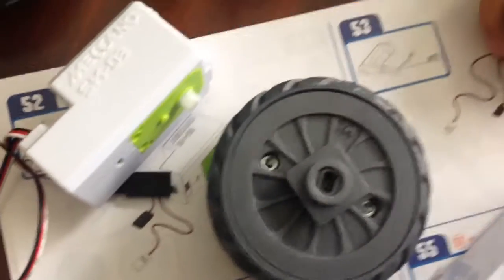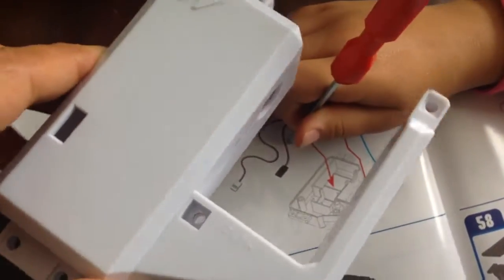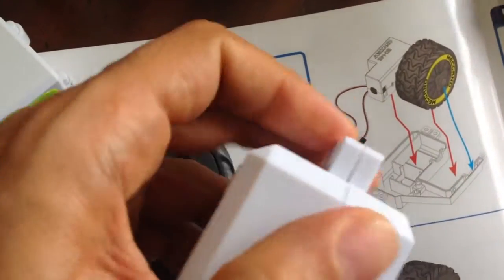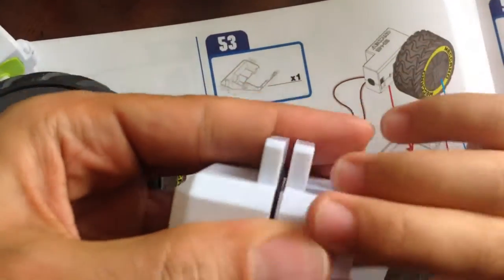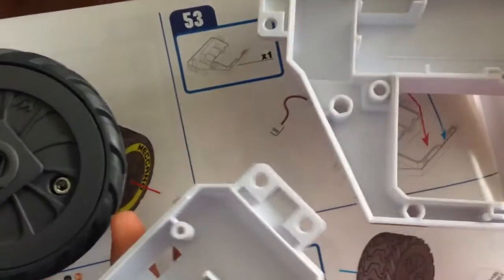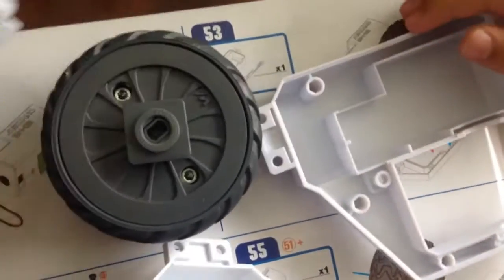And then the next step on there is going to be 53, where you're going to need one of these bits here. And it comes like this. So what you're going to do is you're going to have to separate it. Okay, these are two pieces actually. You can pop these apart, and then once you have those apart, you can put this tire and the motor